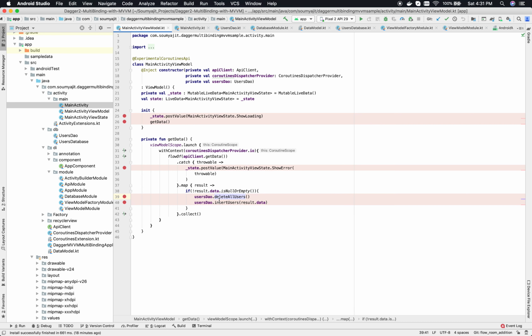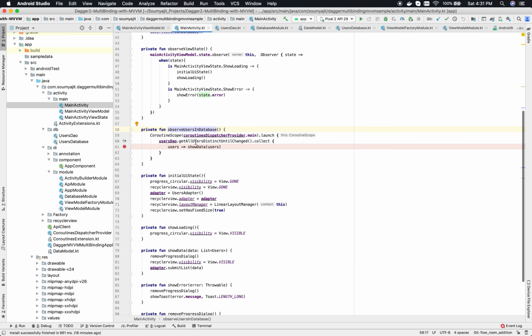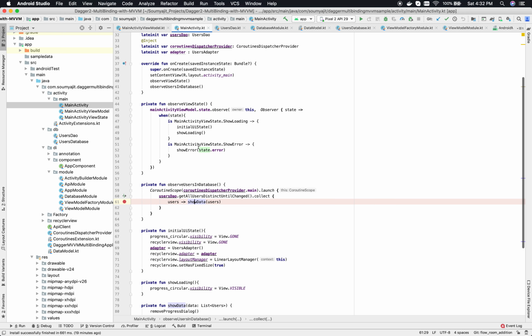We observe the database changes in our main activity using the observe user in database method, where we are just having a coroutine scope of main, and if there is any change we are just collecting that flow. Using that flow, the data that comes, we just pass the data to the show data method, which submits the data in the list adapter, which shows the data in the recycler view.